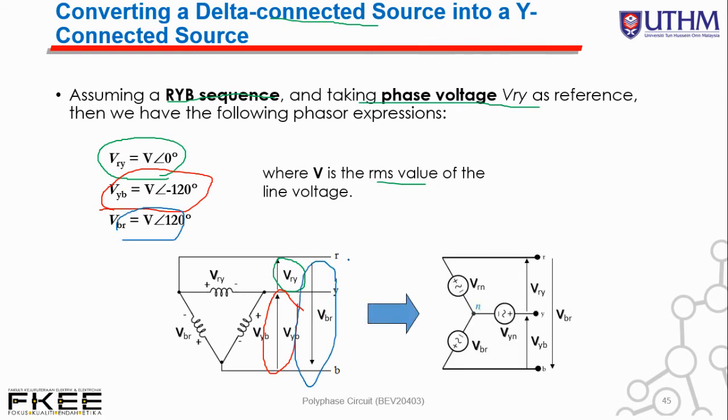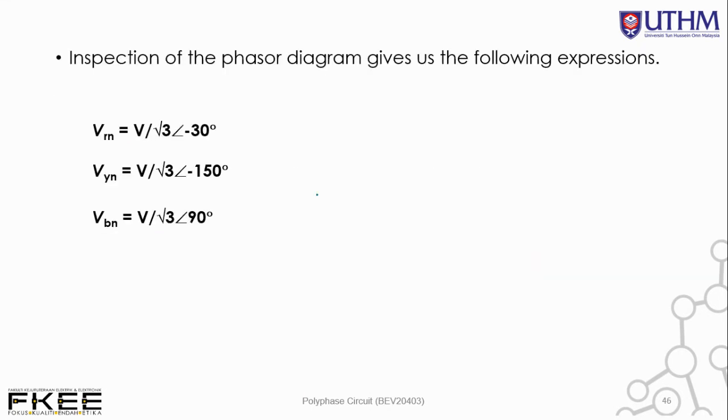Now we try to convert it into star. Similarly we have VRY, VYB, and VBR. So inspection of the phasor diagram gives us the following expression. So VRN equal to V, this is actually V line. All these are actually V line. According to what we have learned earlier, if you have the star connected configuration,